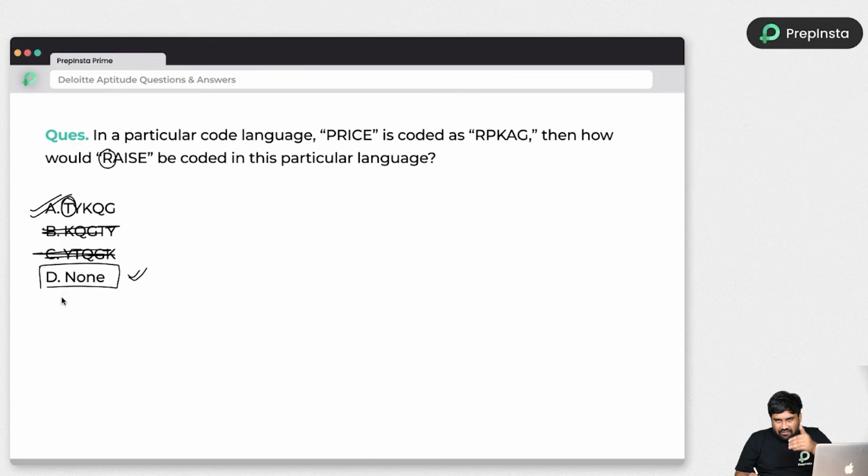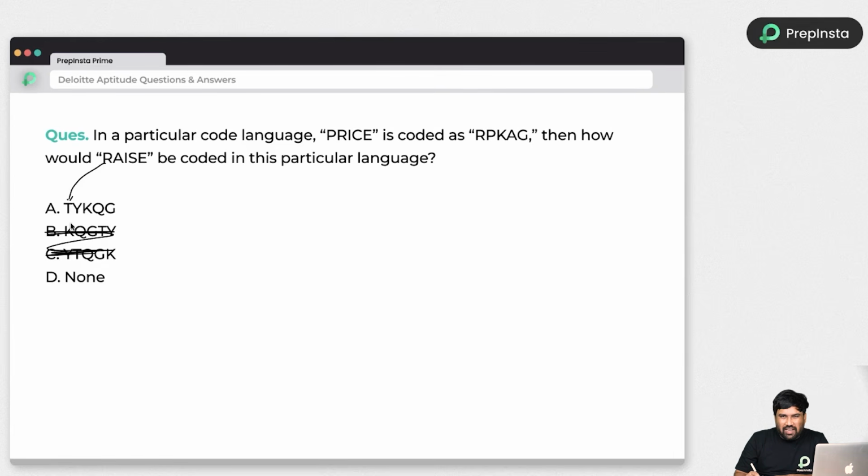If I have any other option in the D, I will check for the difference between A and D. Then I will eliminate that option. But when I have a none option, I have to verify all the remaining elements also. So B and C already got cancelled. If A got eliminated, your answer will be D, or else A will be your answer. Just look at here.